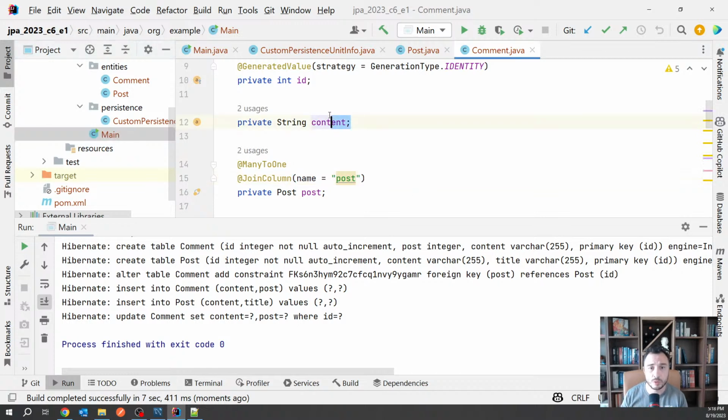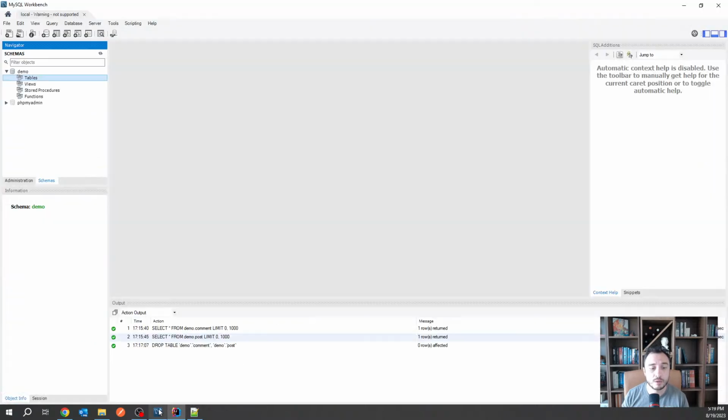So for example, I can use the column annotation for this content attribute, but when it comes to objects representing relationships, join column is always used on the ownership side. It's where the foreign key is. So in my case, the comment, and in the case of a one-to-many relationship, the owner of the relationship will always be the side with many, because you can't do it otherwise. So the comment in my case, because you have many comments for one post, and the join column is the one to use to override the foreign key column, which in my case now I named as post instead of the default